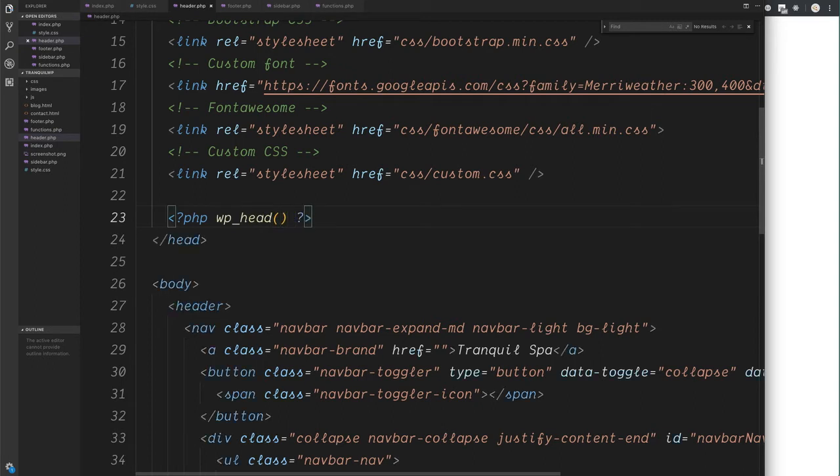This will tell WordPress exactly where we want to add the auto-generated info. The location of this is important as this is used to inject or pull in things such as our CSS files, any scripts, and they're going to be inserted here exactly where we've added this. We will also take a look at how WordPress handles our CSS and our scripts in just a moment, but